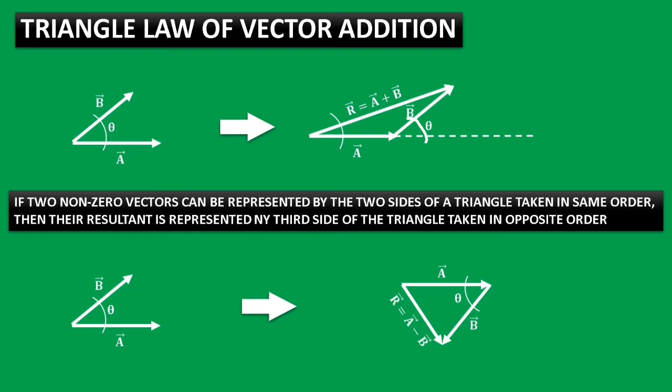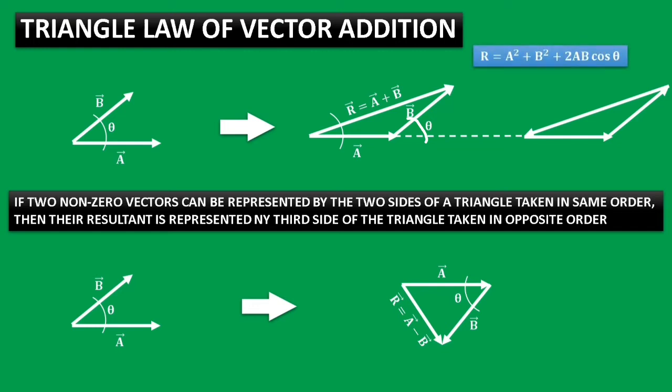Now let's know about the opposite direction or opposite order of the resultant vector. If we take the two vectors in the same direction and the resultant vector is also in the same direction, this makes a continuous triangle, which cannot be possible. Hence we have to take the resultant vector in the opposite direction to the two non-zero vectors. Now let's know about the resultant vector in detail.